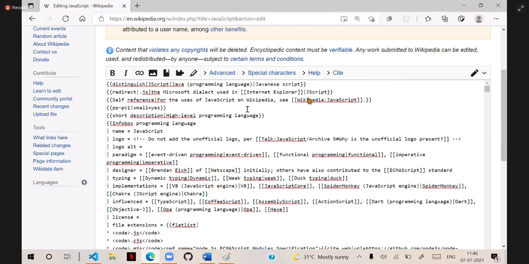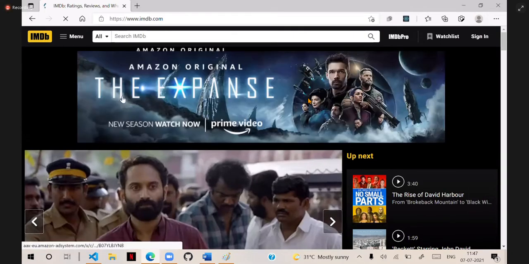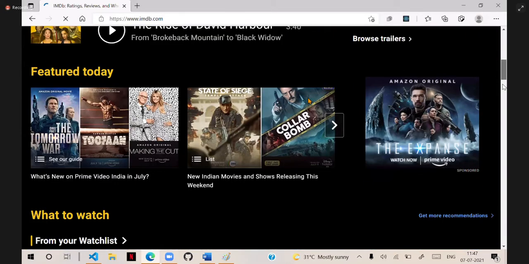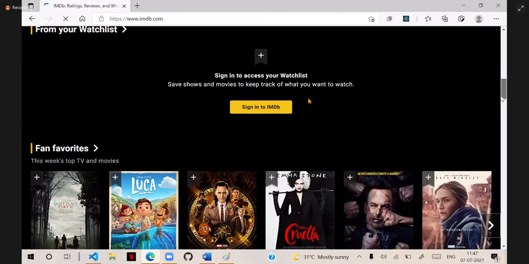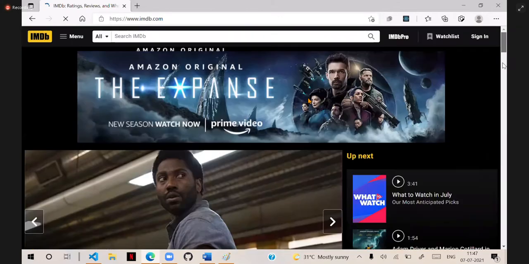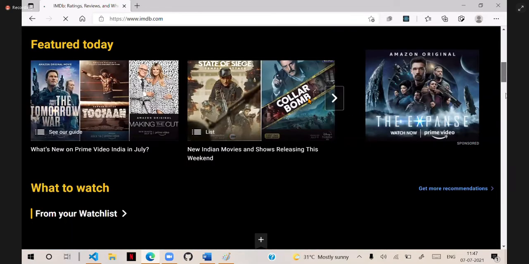Not only Wikipedia. For example, suppose you see IMDb. I hope the majority of people know IMDb. IMDb is a movie database. And you see in this IMDb website, movies worldwide, movies related, all the information is present. So that means Oscars related, every update, every movie's international ratings will be there inside this.